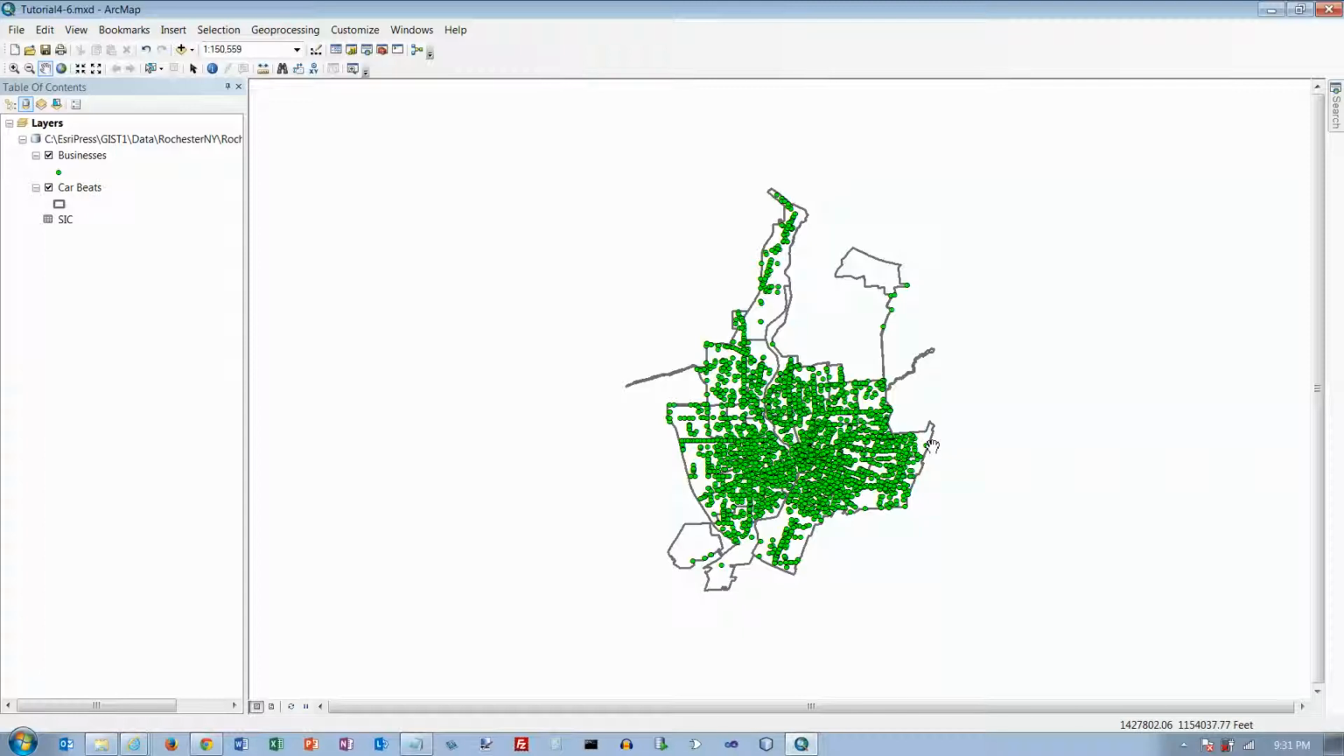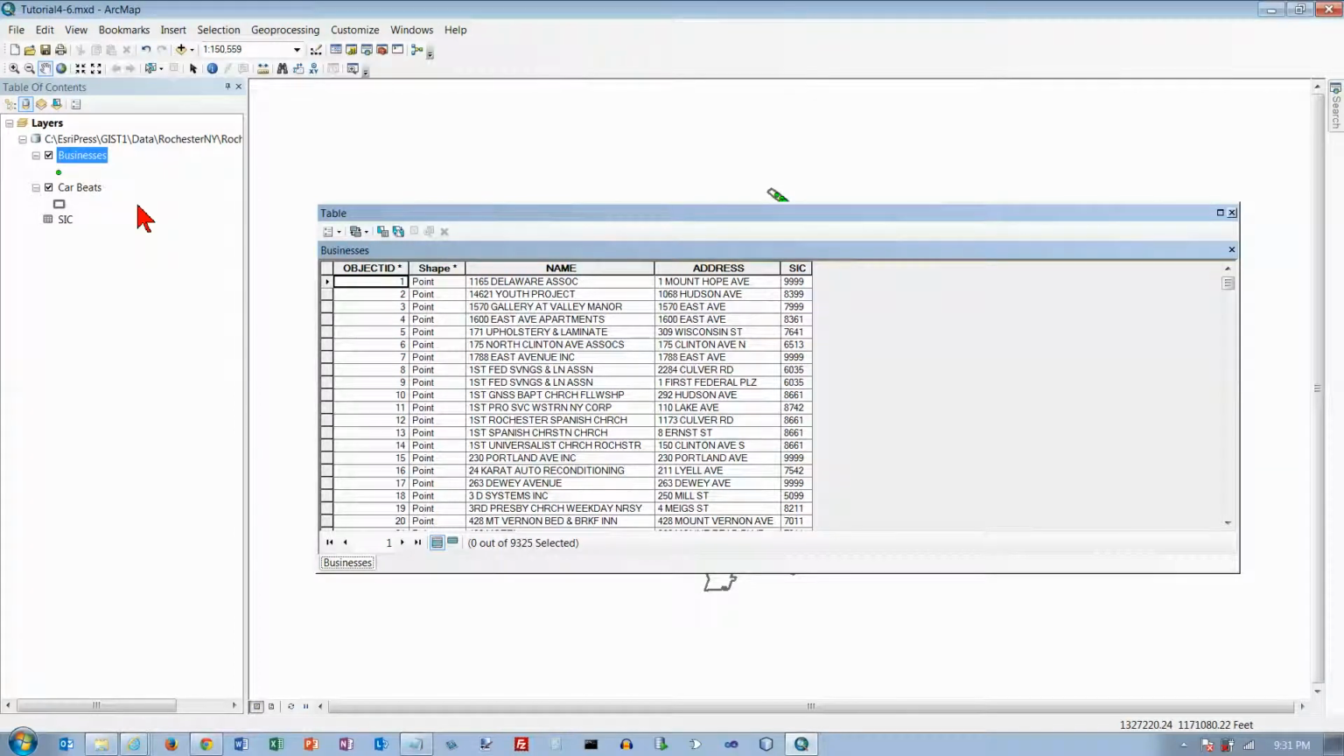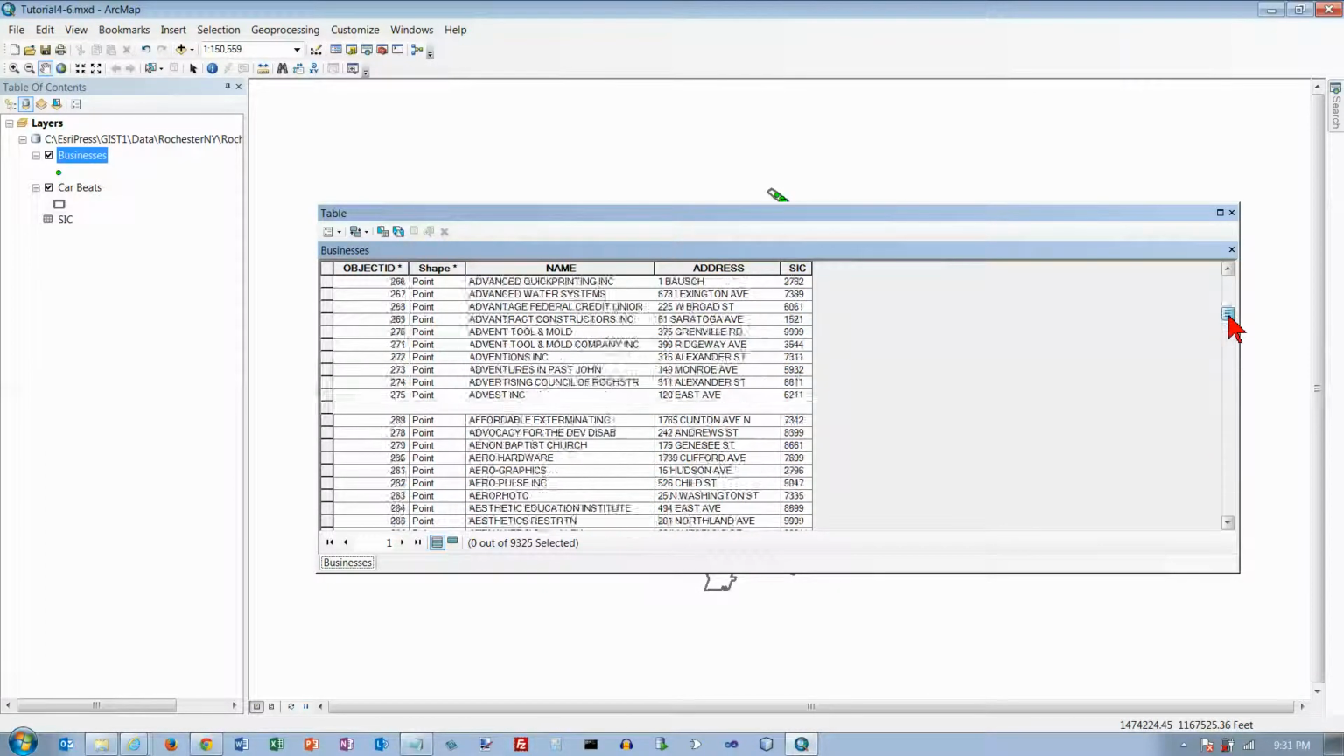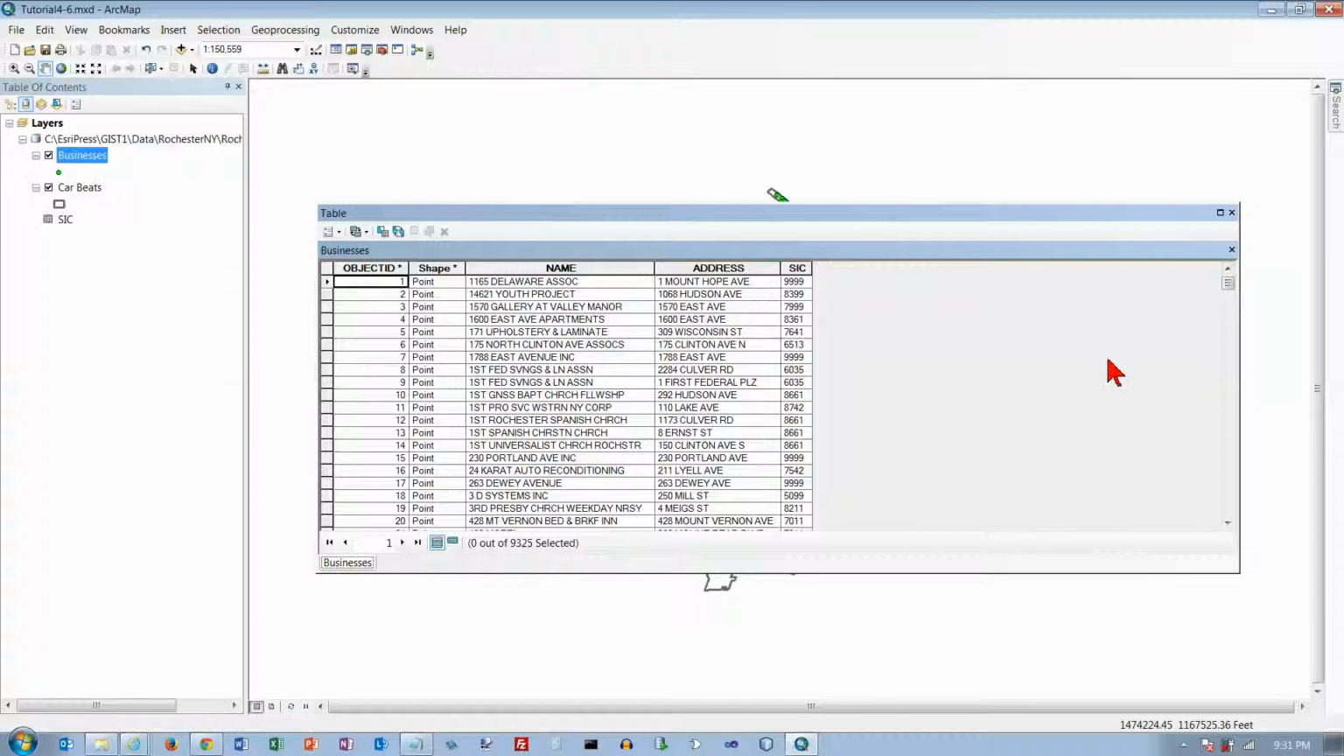And now we're going to go to the top of page 162, and we want to open the businesses attribute table and examine the attributes. And we've got a bunch of them. We've got 9,325 records, and these all represent businesses that are in this area, and